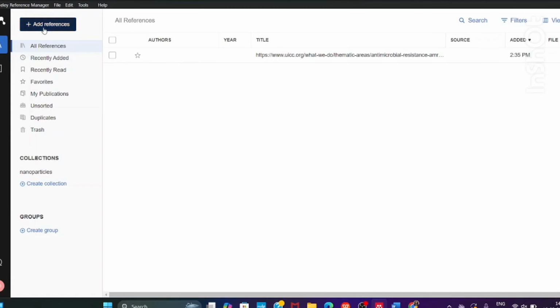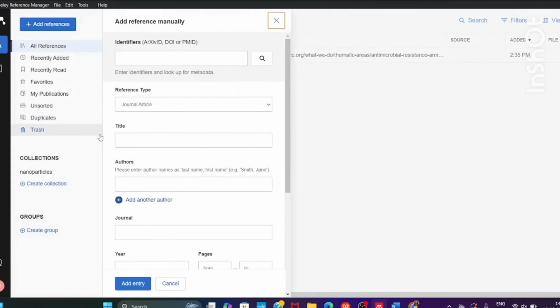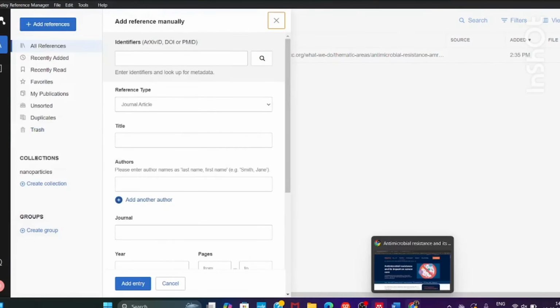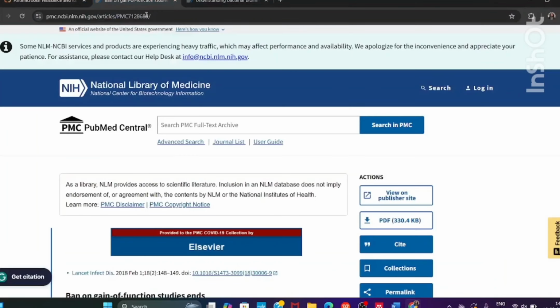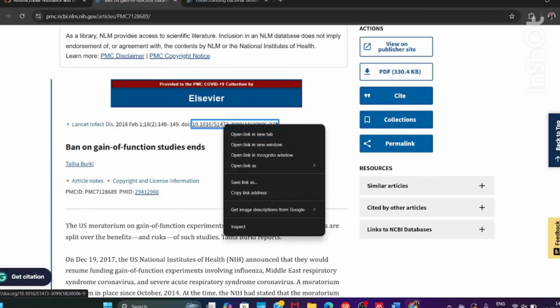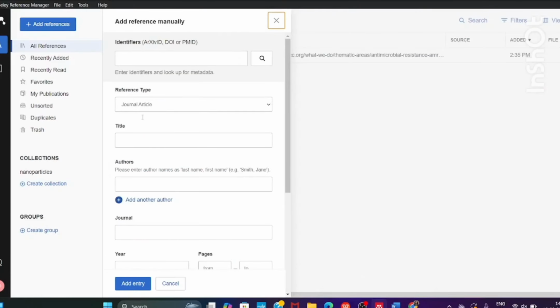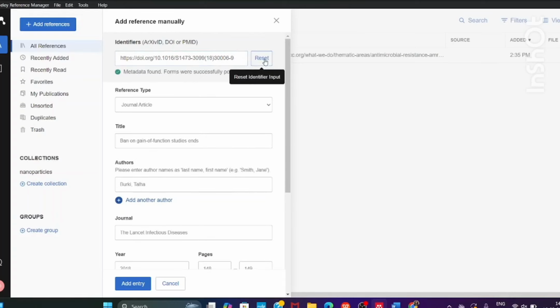We will click on add reference manually. Then we can open our Chrome where we have opened the paper. Let me check if the second paper has a DOI. Yes, here the DOI is given. This is the second paper and this is the DOI. I will copy this DOI link address, and then paste it here in the identifier. Okay, I have pasted it here, and I will look it up. Yes, and then I will click on add entry,